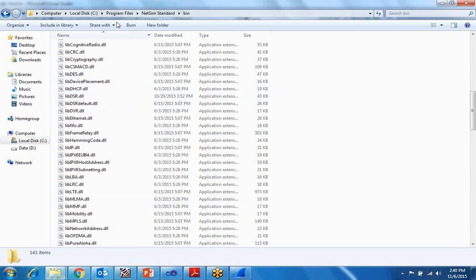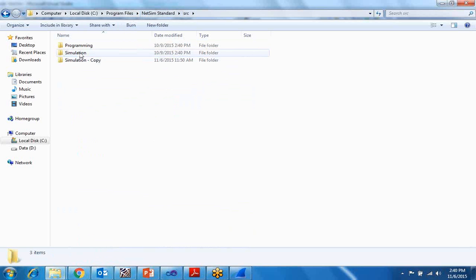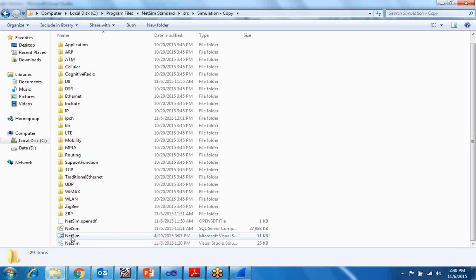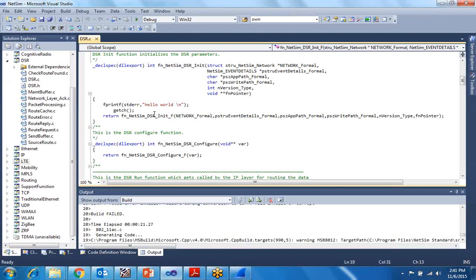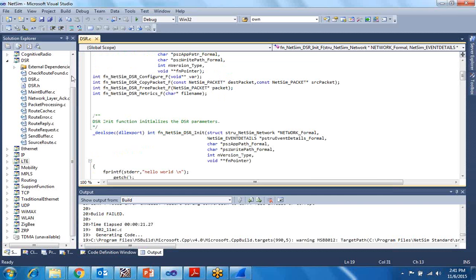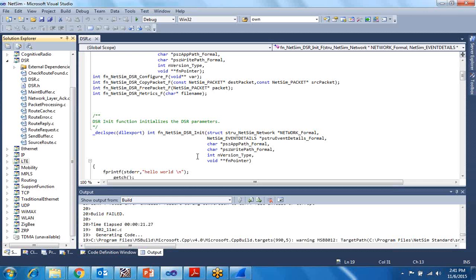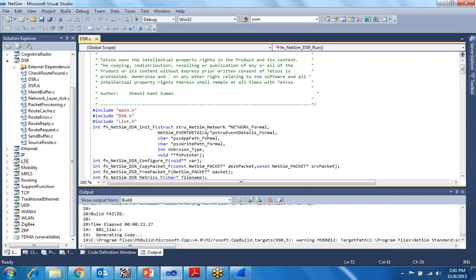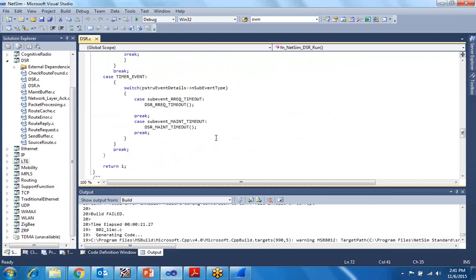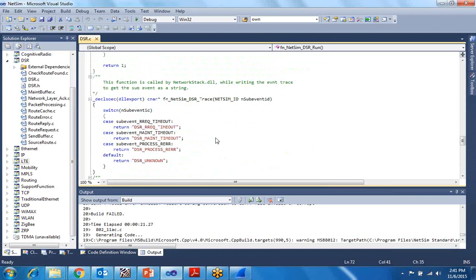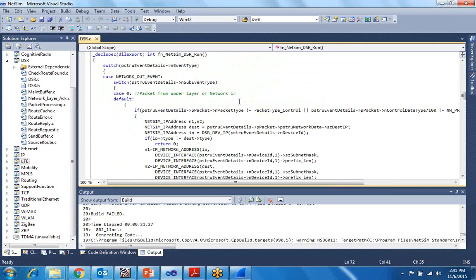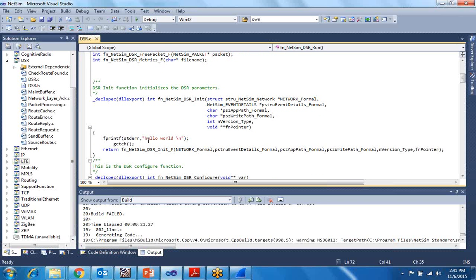So when you click on NetSim standard, there is the src folder and there is simulation. When we click on simulation, you have to click on this simulation tab, and we'll have all these protocols as source code in Visual Studio. Like I've opened it already. There is the DSR protocol I have given here, in which I have entered a command, printf hello world program. Printf hello world. So when we run the simulation after building it, then our DLL file would be made, libdsr.dll